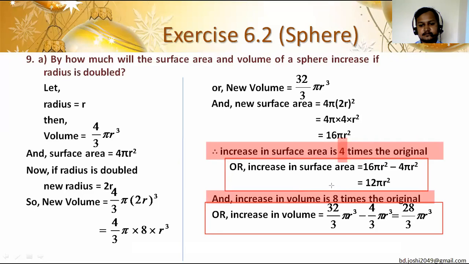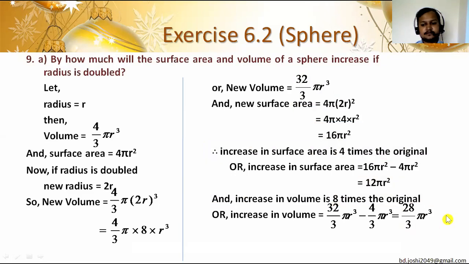Yes, sir, it is 3 times more than the original surface and the volume is 7 times more than. It may be wrong. By how much it is increased? It is increased by 27 by 3 pi r cube. Increase यतिले भएको 12 pi r square ले increase भएको. And times मा हेर्यो भने surface area is 4 times the original, and 32 by pi r cube is the 8 times the original, that we have to say.